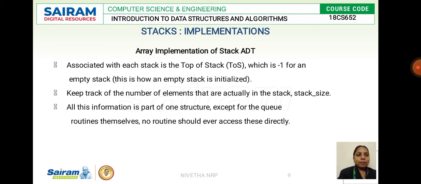When there is no element in a stack, my top of stack will be -1. When I start inserting elements, my top of stack will be incremented. When I declare the size of the stack as 10, initially my TOS will be -1. I don't have an element, so when I insert the first element, my TOS will be at the first element. When I want to insert a second element, I have to increment my top of stack and insert the element.